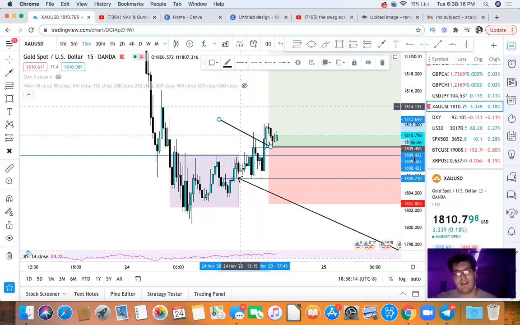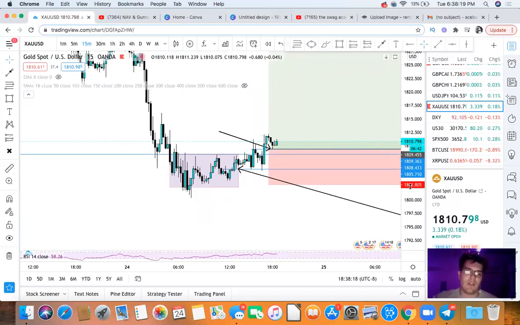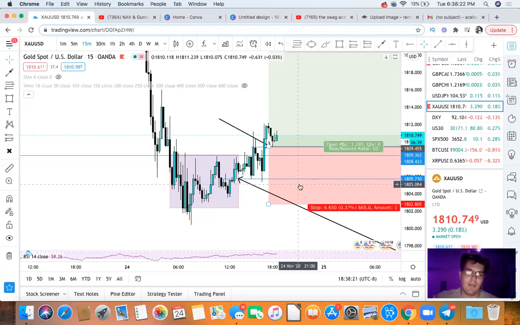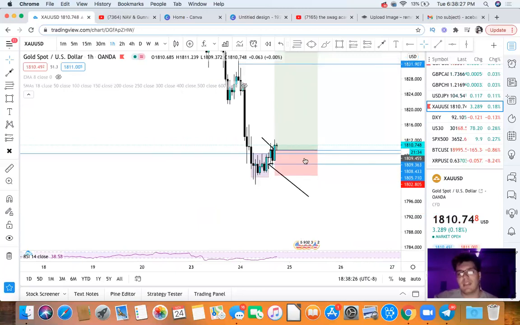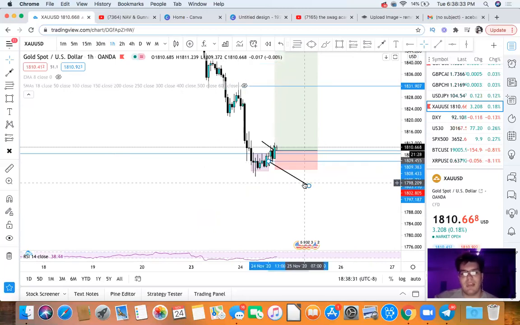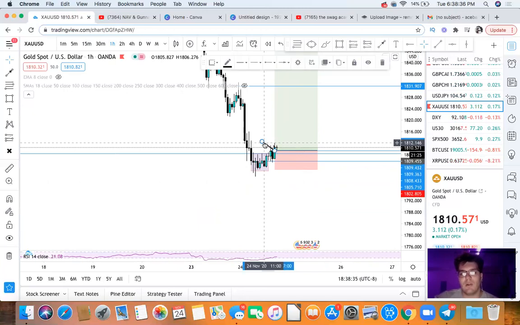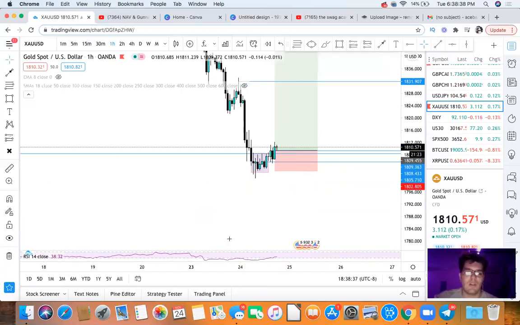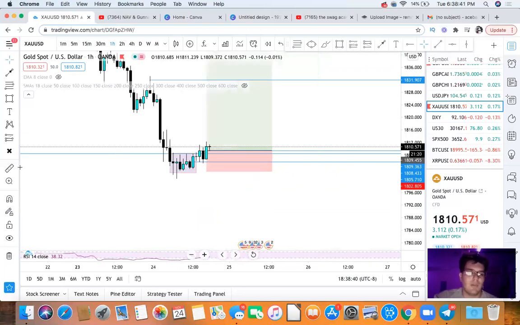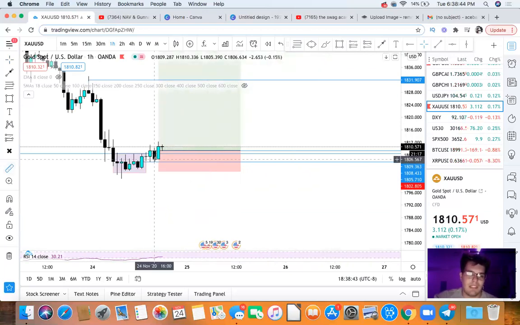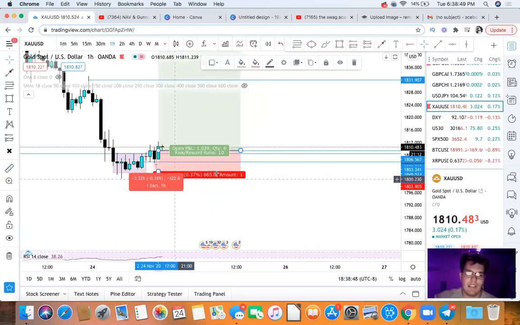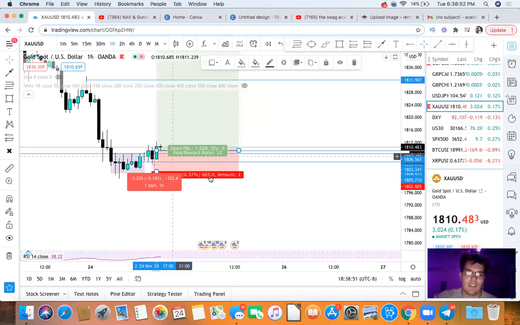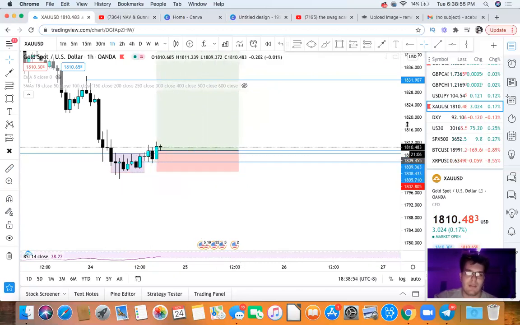Right now, we came into that area, into a buy, and we started seeing instant profits right there, going to the upside, no drawdown as of right now. And for our stop loss, we do have to take into consideration that gold is a more volatile pair than any other pair. This is why I'm risking 66 pips on gold. For usual pairs, I usually put my stop loss 10 to 15 pips below or above the accumulation of price candle. In this case for gold, I'm going to do 20 to 30 pips below this accumulation of price candle, which is right here. Boom. 30 pips, 32 pips right there. Our entry price was over here. So in total, we're risking 66 pips to get the first take profit that we have right here.